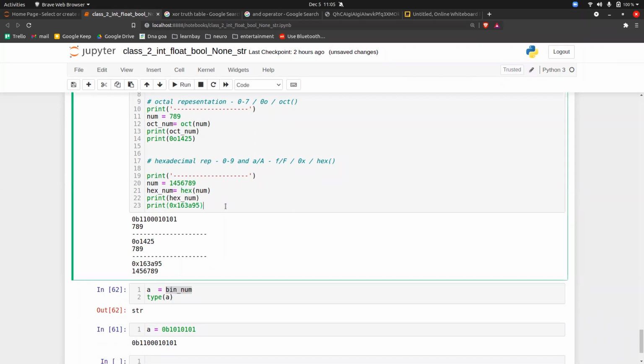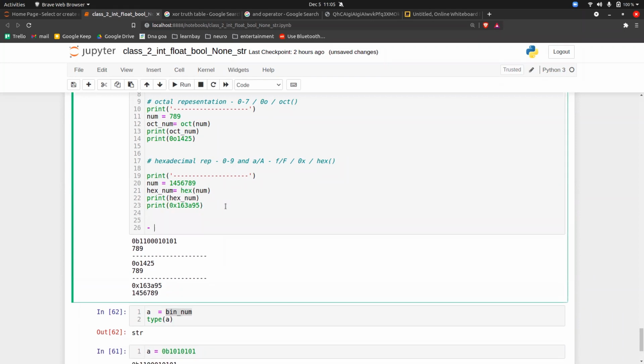The important point to note is that only integers can be represented in binary, octal, or hexa.